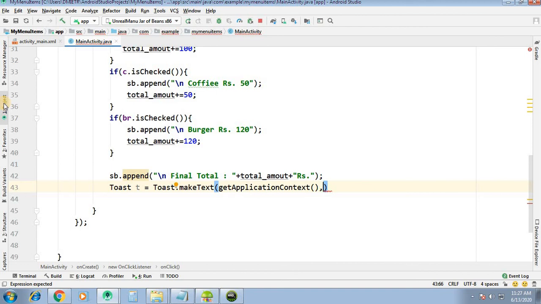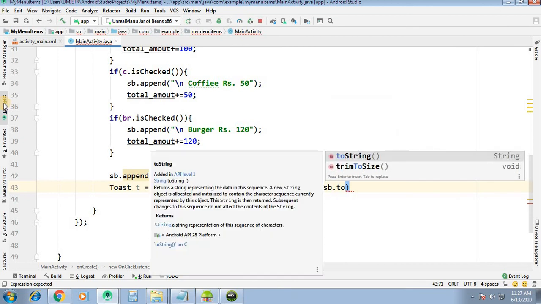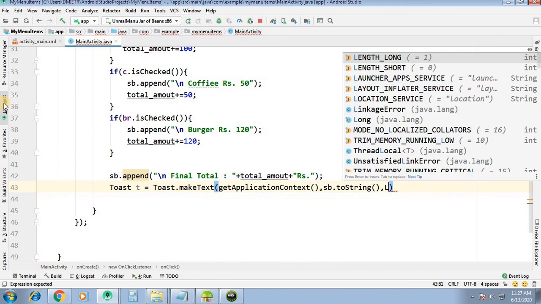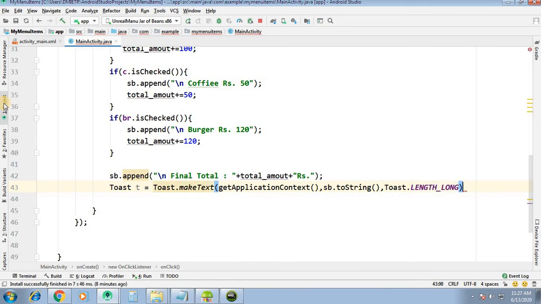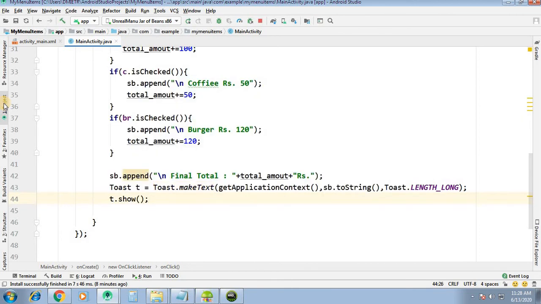SB dot to string. We will convert it into string, and then length, Toast dot LENGTH_LONG, and at last we have to show t dot show. So this is the logic. Now let us run this.